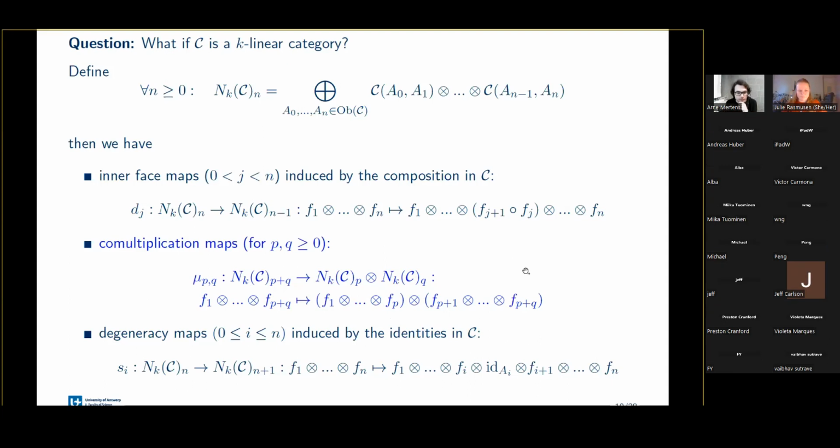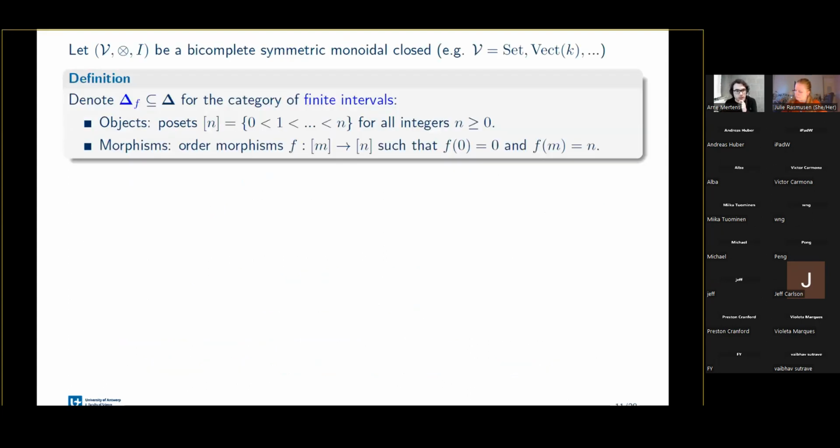And that's exactly how we define these templicial objects, which we'll then use to define the quasi-categories. So this can be done quite generally, given some bicomplete symmetric monoidal closed category V, let's say. So in mind, you should have V, the category of sets or vector spaces, maybe something more exotic like complete join semi-lattices or something. Mostly we'll consider this V to not have any higher structure, at least in the case of what I want to talk about today.